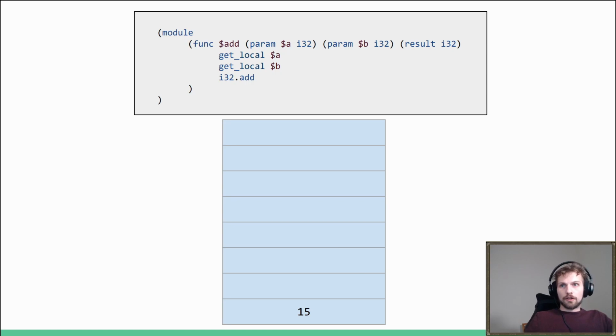There is a WebAssembly verifier that will verify a WebAssembly program. So you cannot write a valid WebAssembly program that will read more values from the stack than there are on the stack. That's the power of this kind of stack machine. This is not the only approach to reach security. In fact, WebAssembly, the initial designs weren't even a stack machine, but this is eventually what they came up with.